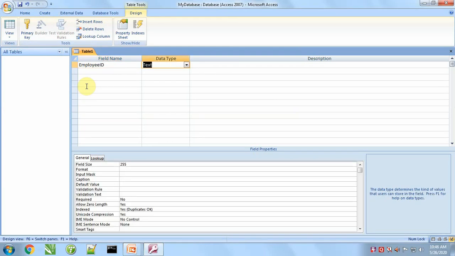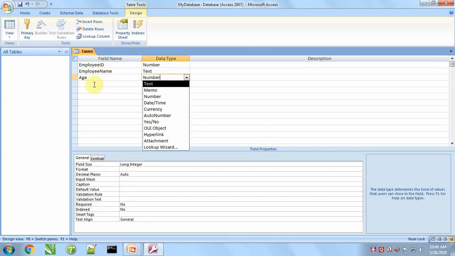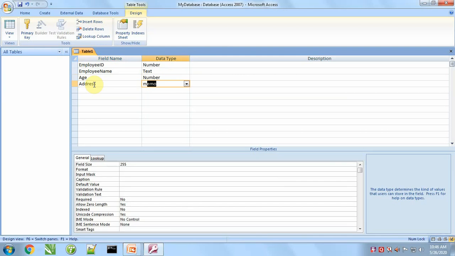Suppose it is an employee table. We will take employee ID as number. Employee name will be text. Age, number. Address in memo. Memo is a data type which can hold every type of value like text. It can hold numbers as well as characters and binary data also.